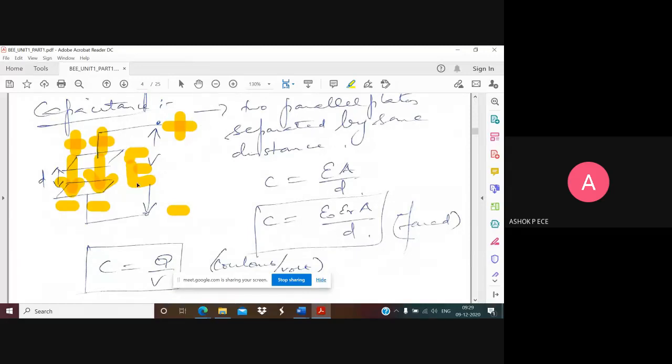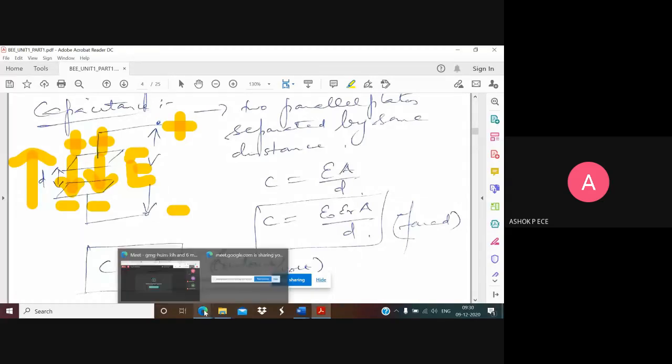If you reverse the polarity, minus here and plus here, the lower plate is positively charged and the upper plate is negatively charged. So electric lines of force will flow in this direction. This space between the plates can be air or any other dielectric medium; it is not going to be a problem. Ultimately, you have to understand that the capacitive effect means you are going to generate an electric field. Is this clear? Any doubts in capacitance?